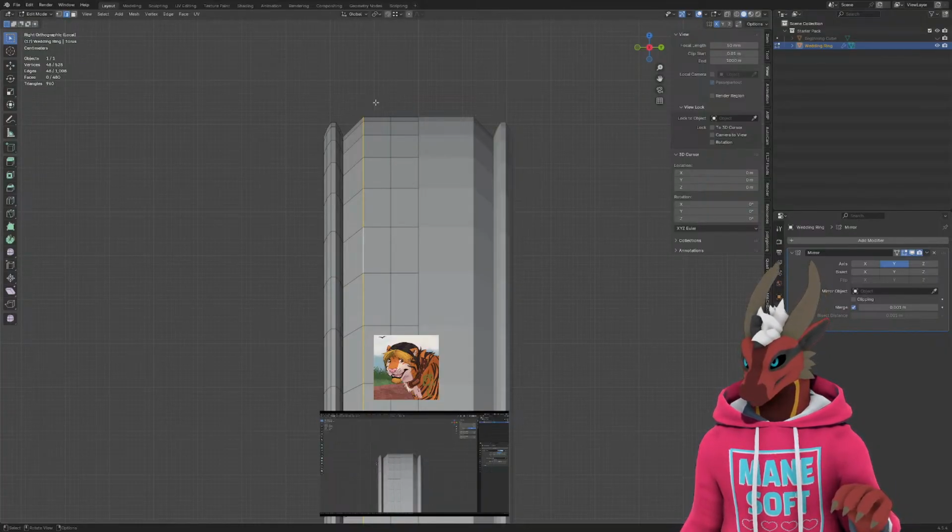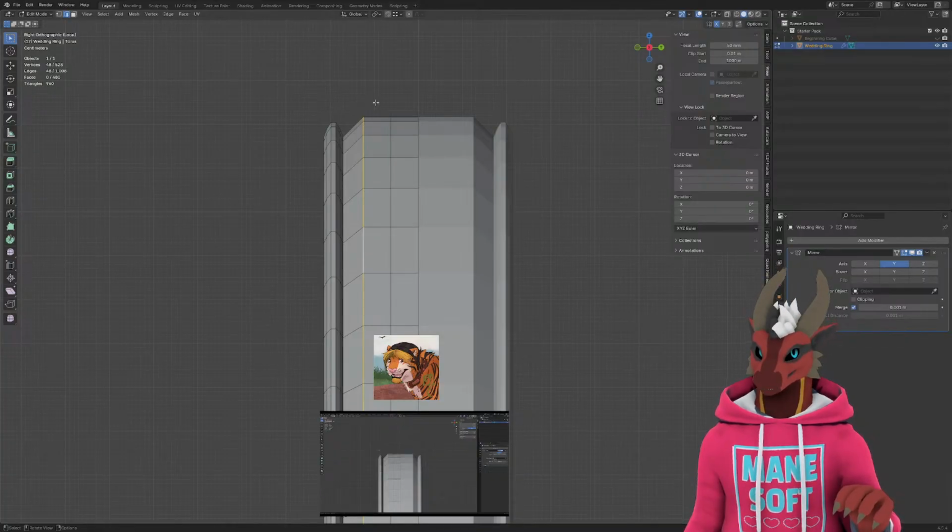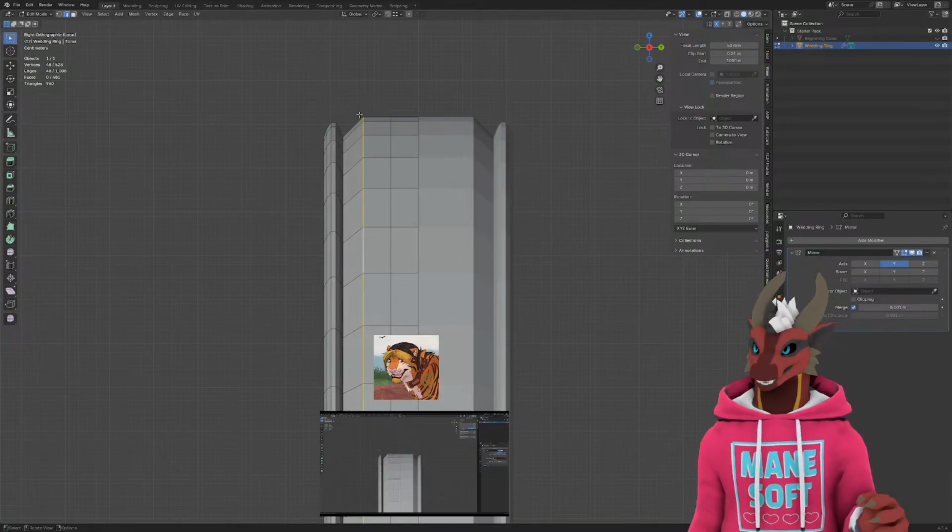So undo until your ring is flat, or until the thing we were scaling is flat. So right click to cancel that operation, and then with that loop selected, the one that we're about to be scaling,